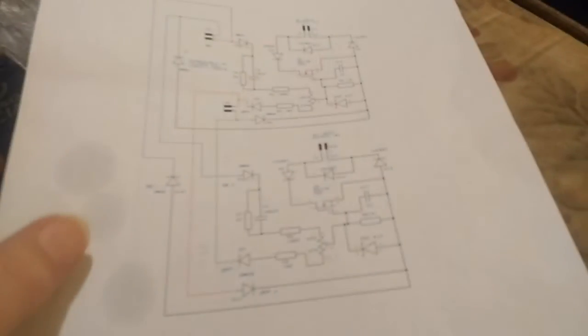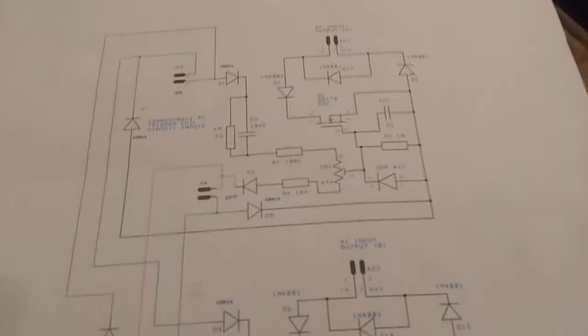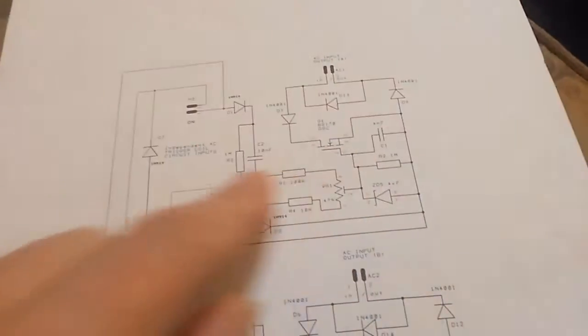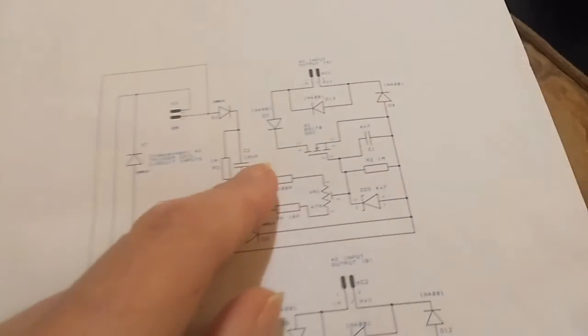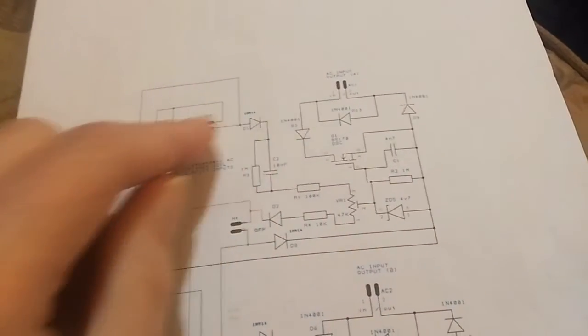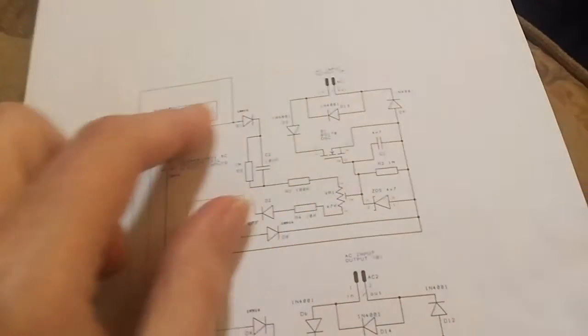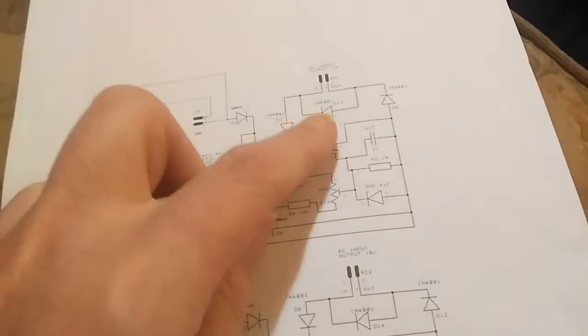Right, so my circuit problem with it: when I'm using half the circuit, which is the top section, which is halfway basically, and I'm just triggering the on and the off on the half circuit, it works, but